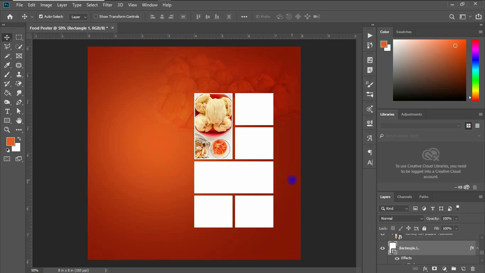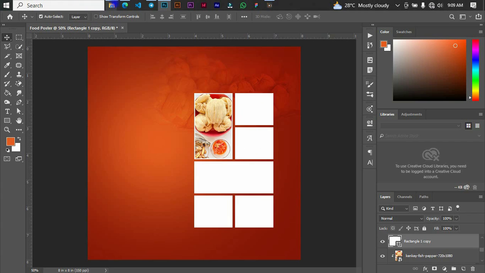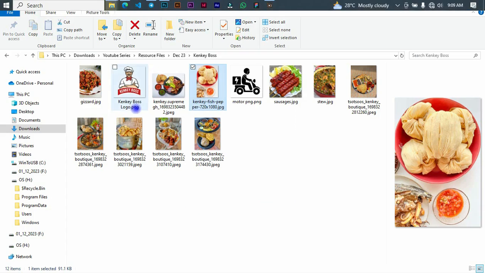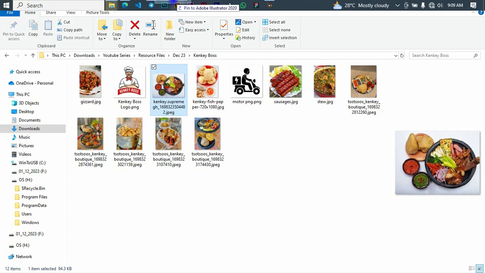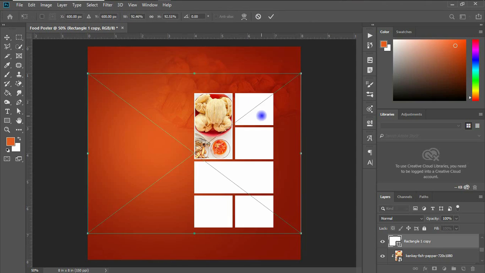So I'm going to do the image clipping, as in the clip masking of the images on top of these two shapes, and I'm going to leave the rest for you guys to also practice. Okay, so quickly let me do that. Select the shape that you want to clip mask the image onto. Just head on here and select the image you want to clip mask onto the shape this way, and just drag it onto Photoshop,